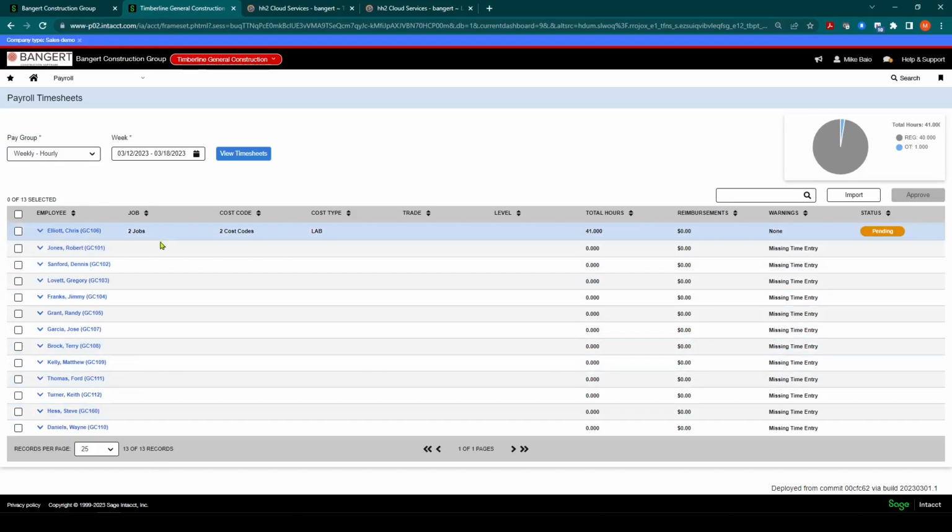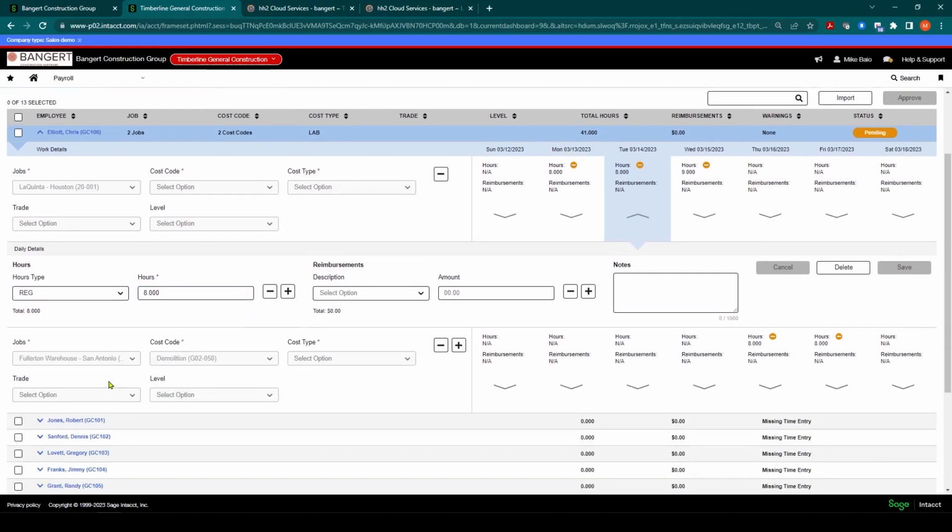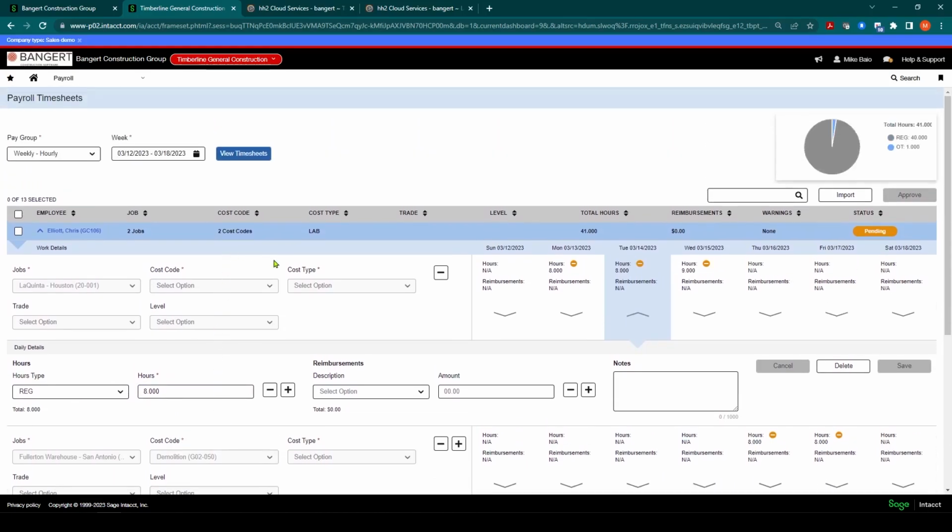So all of the time that was exported would show up here automatically. The admin can come into here and see the detail of where it was coded. Looks like we have some issues here with cost codes and things like that I probably didn't have set up, but we can edit those. So you can still do further editing here. And you can see the individual times. It went to regular, went to demolition, went to all the individual coatings. They still have the ability inside Intacct to add lines, to edit lines, and then process the payroll. So that's a quick start to finish flow of how the time entry gets into Intacct.